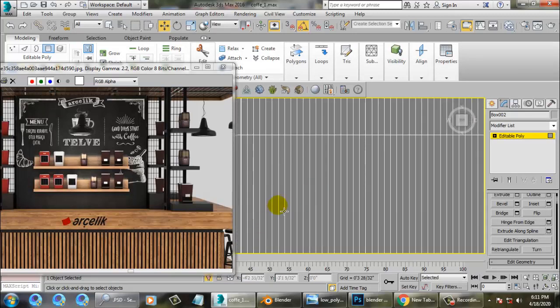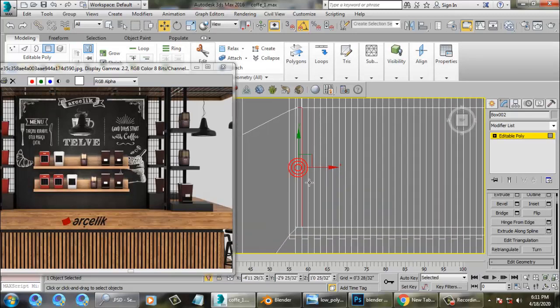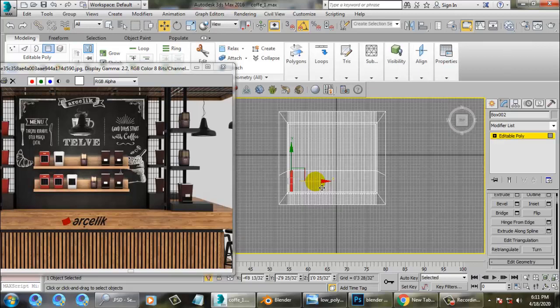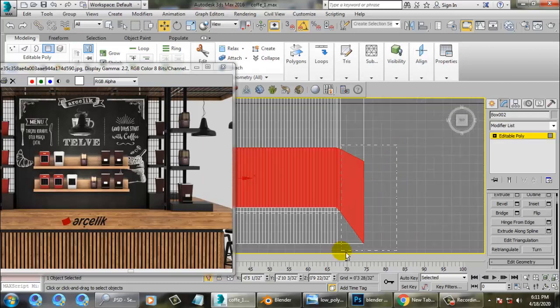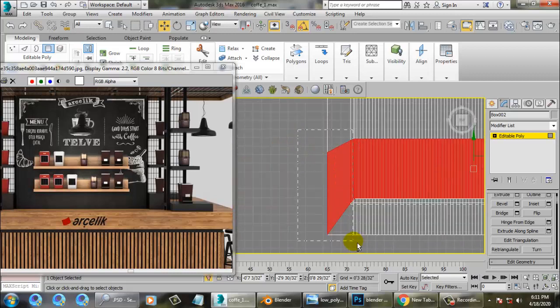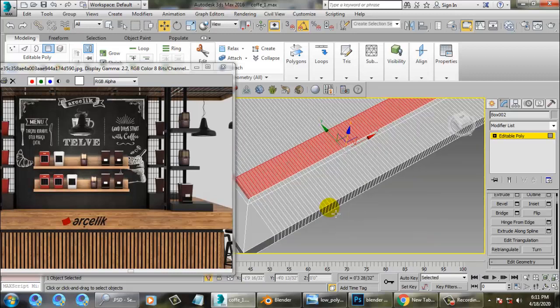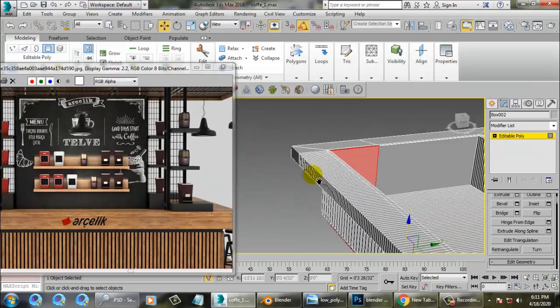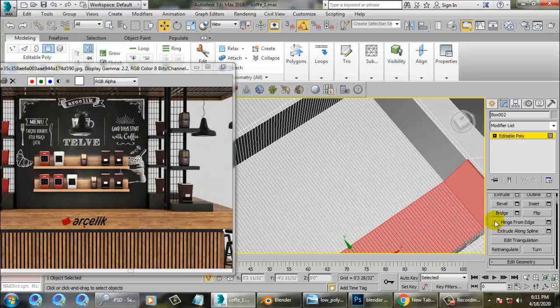Select all of these polygons, and just exclude this area.